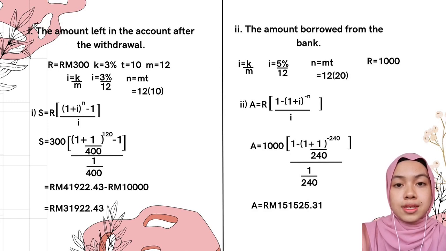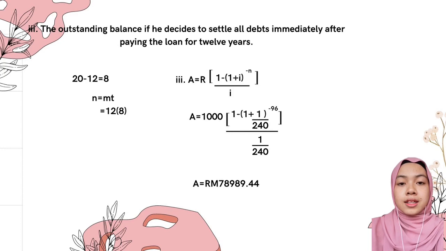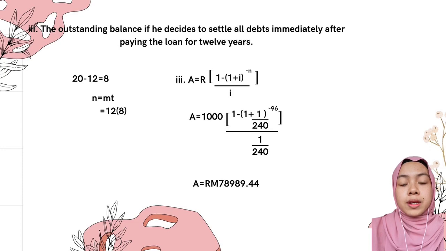151,525 ringgit 31 cents. Lastly, R and i are the same as previously, and for the time, 20 minus 12 equals 8. For our n, which is equal to m multiplied by t, that is 12 multiplied by 8, equal to 96. For this question, we use the present value: A equals 1,000 in bracket 1 minus another bracket (1 plus 1 over 240) to the power of negative 96, divided by 1 over 240. So we get A equal to